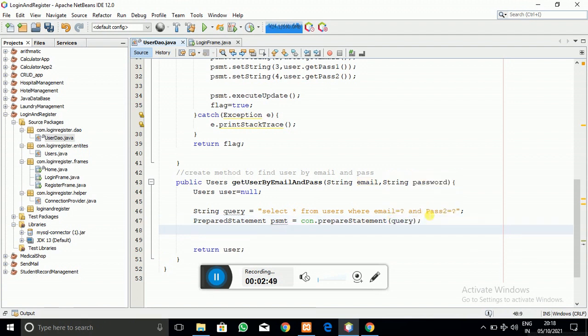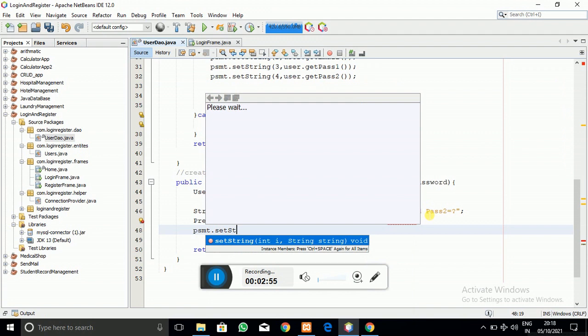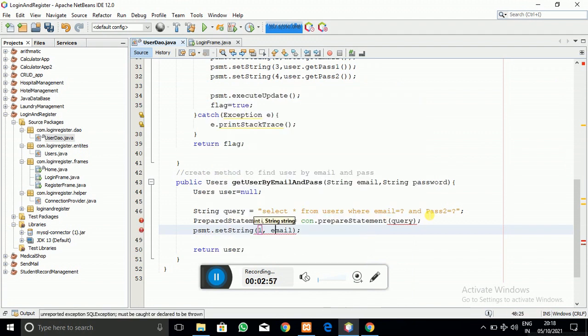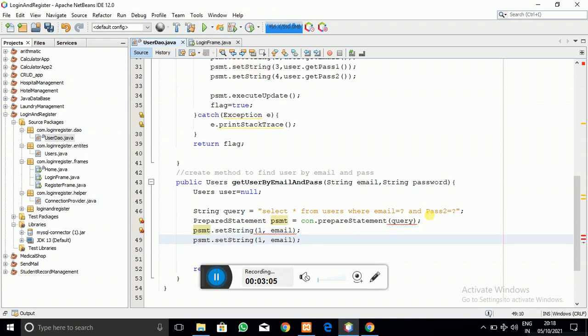Now I am going to replace the placeholders using psmt dot set string: at the first position, the email, which is the argument of this method, and in a similar way in the second position, the password, which is the second argument of this method.